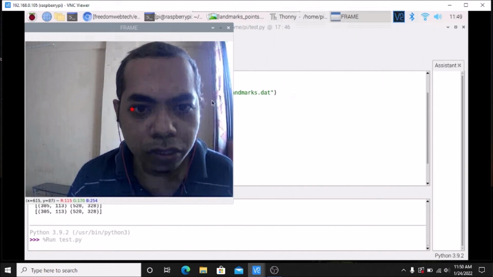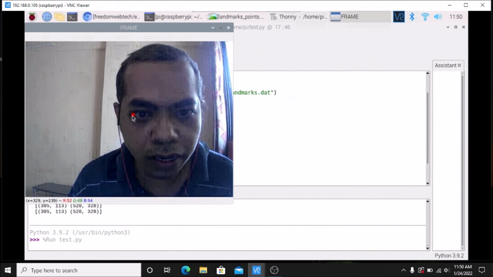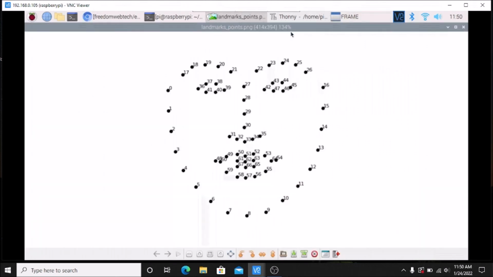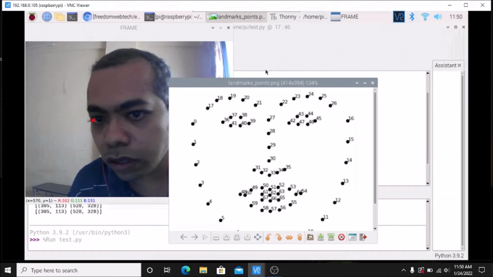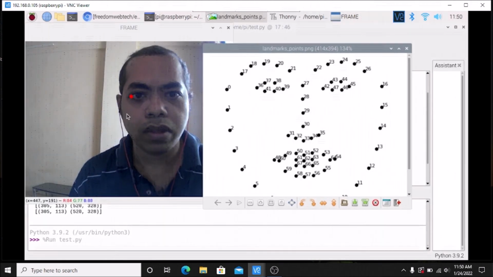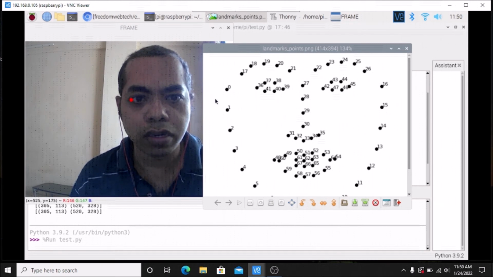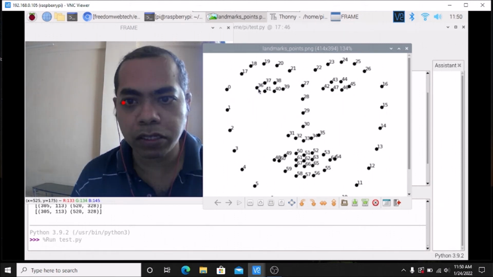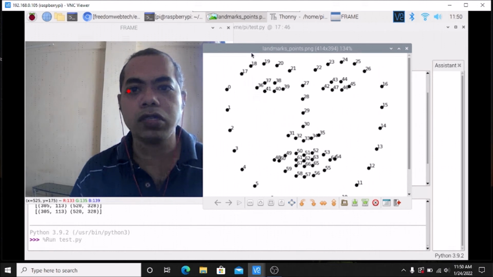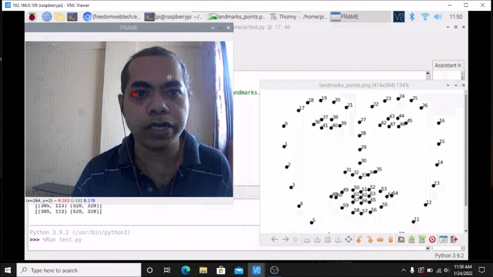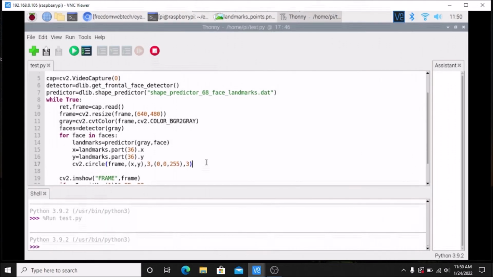if you see clearly, this is the red circle, and this is our 36 number point. If I make the image this way, as you can see here, this is the 36 number point on our image. So this is how we can successfully detect our facial points. Now we have our facial points, there is no need to create the circle. So I'm going to simply comment all these lines,